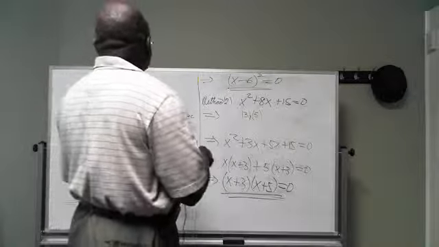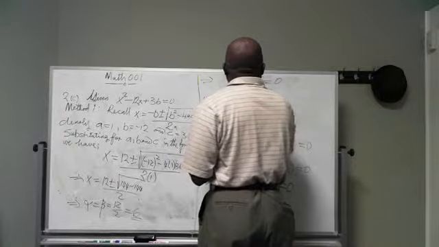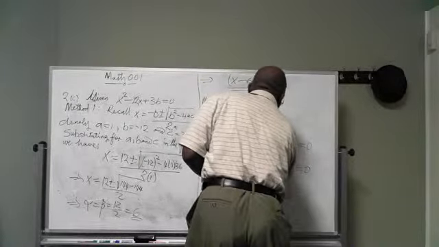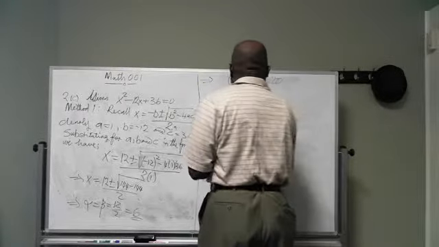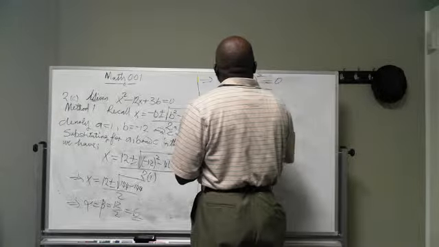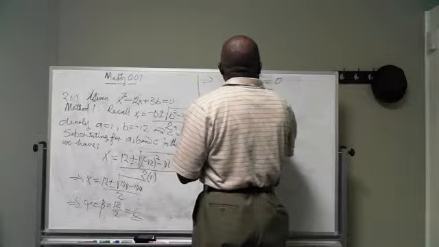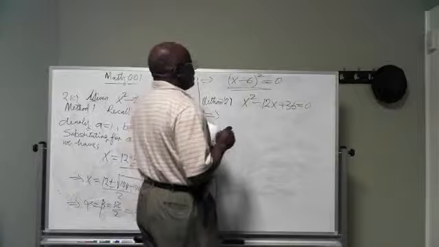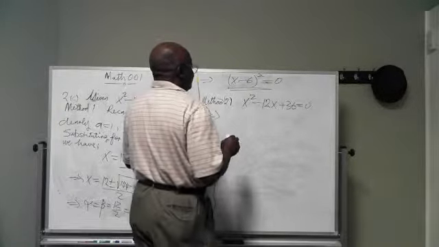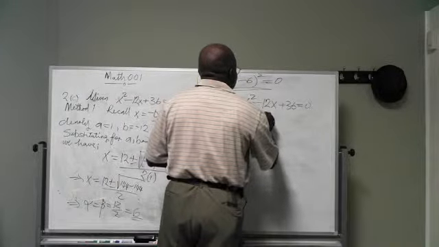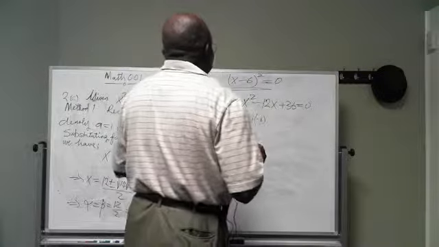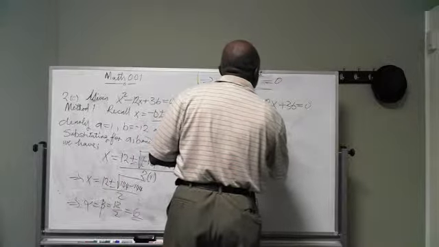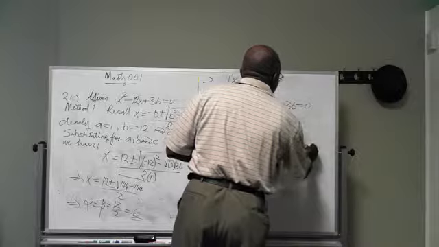If we use method 2, factoring directly instead of using the formula, given x squared minus 12x plus 36 equals 0, we look for two numbers which when added will give us minus 12. These two numbers are minus 6 and minus 6. So if we slot this into the above equation, we'll have x squared minus 6x minus 6x plus 36 equals 0,